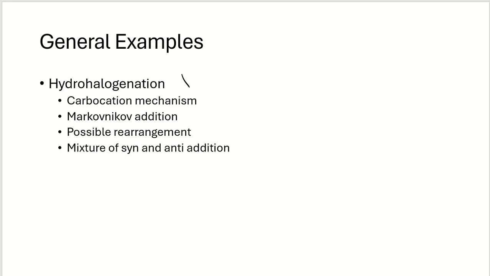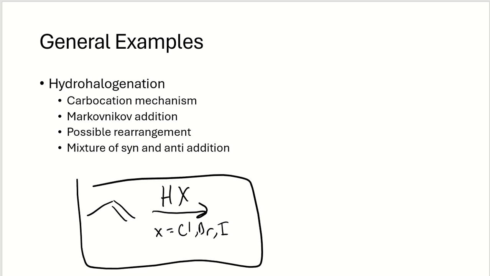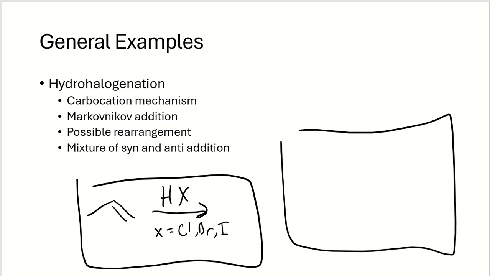So when I talk about hydrohalogenation, if I'm going to make a flashcard, I would do something like this. This plus HX, where X could equal Cl, Br, or I, would give me this product. Now, in your flashcard, you may have that missing, and the back of the flashcard would be the product, which would be that. But there are some things to note on the flashcard on either side. This would be the front side. The back side would be the product